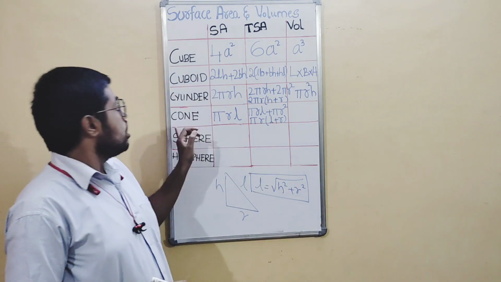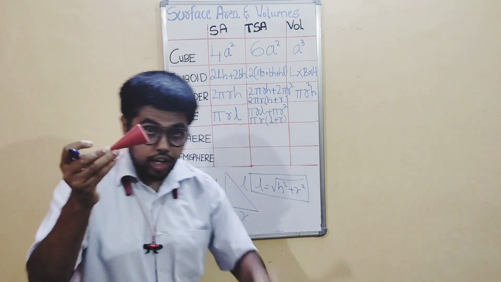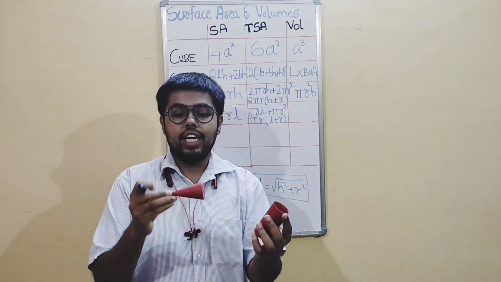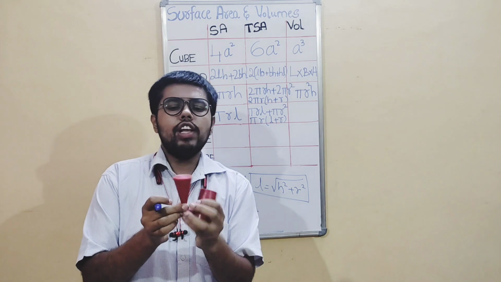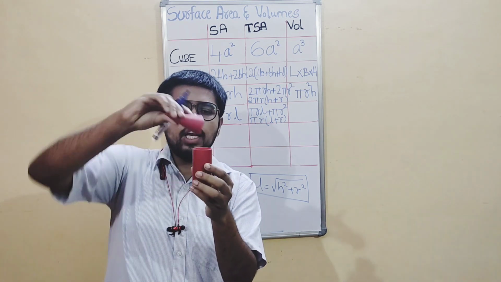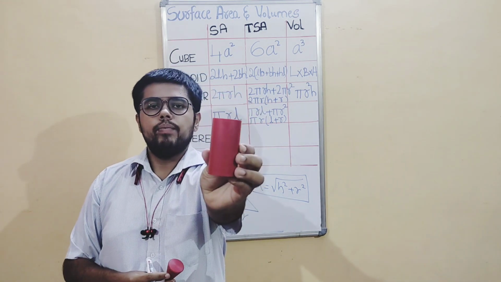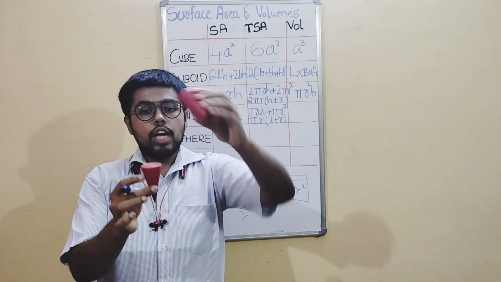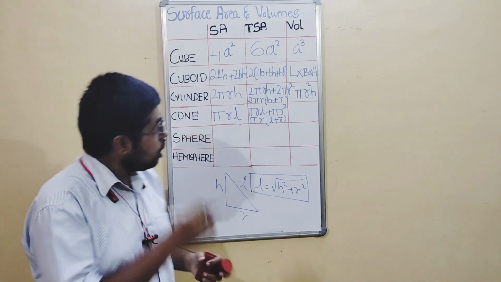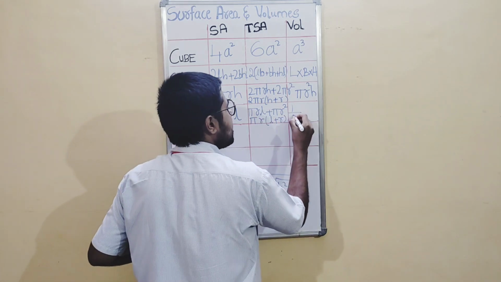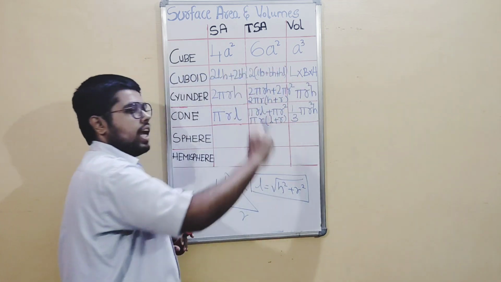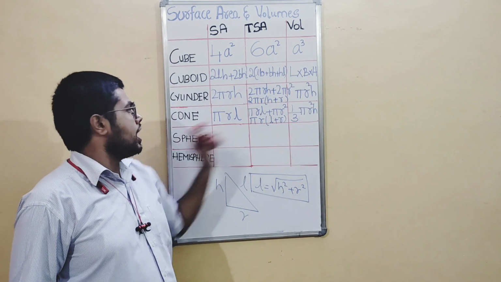Now coming to volume of cone. I have a video on this in my channel. You should go and check out that video, on the relation between the volume of cone and cylinder. It is very simple. If you fill something in this cone and put it 3 times here, this will get filled. Therefore, the volume is the same, but it is 1/3 pi r square h. Same formula, just add 1/3 for the cone.